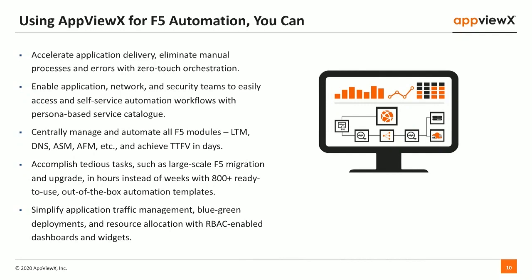Now, the key aspect is you can accelerate your application delivery. What we mean is you can define the templates. You can offer gold, platinum, bronze type of offerings within your templatized offering for the application. Or you can define it as a sample where there is an application A, and you want to design based on that application. So you can take that and configure and orchestrate all of those based on your internal process, and centrally manage and automate all the F5 modules,